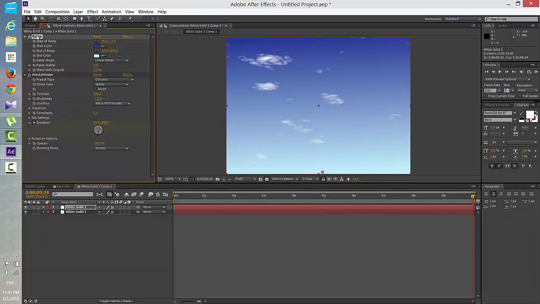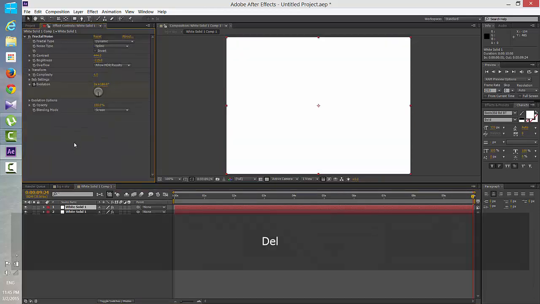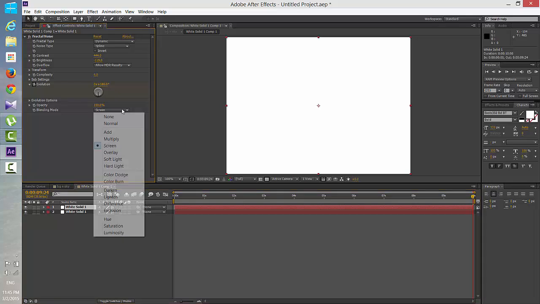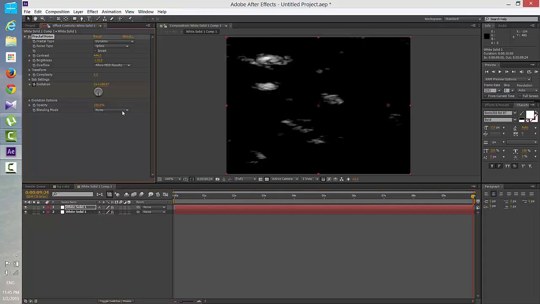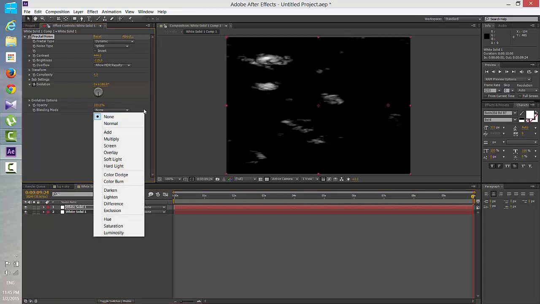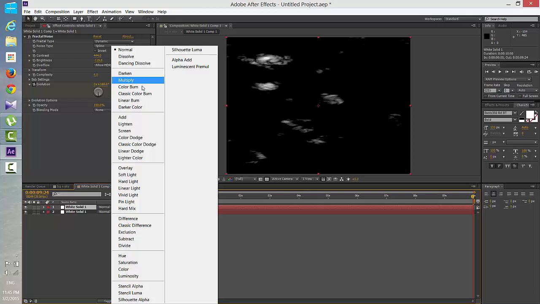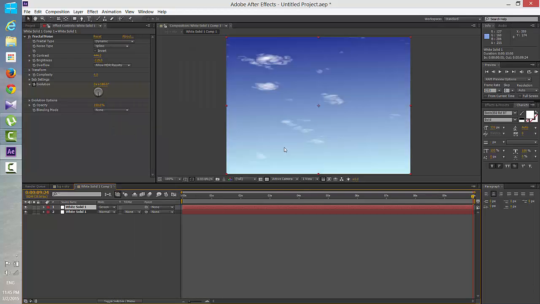Fine, and then in this one, so basically I have a fractal noise created on the top of it, and the screen mode we will change it to none. Okay, once we have this up here, this blending mode we will change it from here to maybe screen. We are getting effectively the same thing, but we have two layers now. The reason why I did it, this is the layer that I want to use, so I will cut this layer from here,